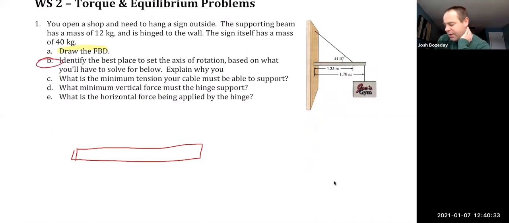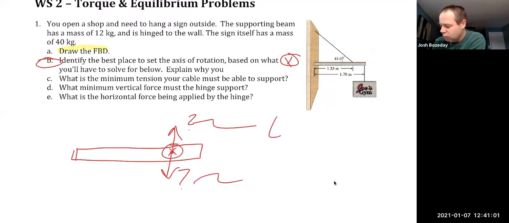Part B, identify the best place to set the axis of rotation based on what you'll have to solve for below. And here is the key to that one. You want to put the axis of rotation, which we usually use this symbol for, the X with the circle, wherever you've got the most unknowns. So let's say you've got a force here and a force there, and they're both unknowns. Put your axis of rotation there, because when you try and do the torque for them,